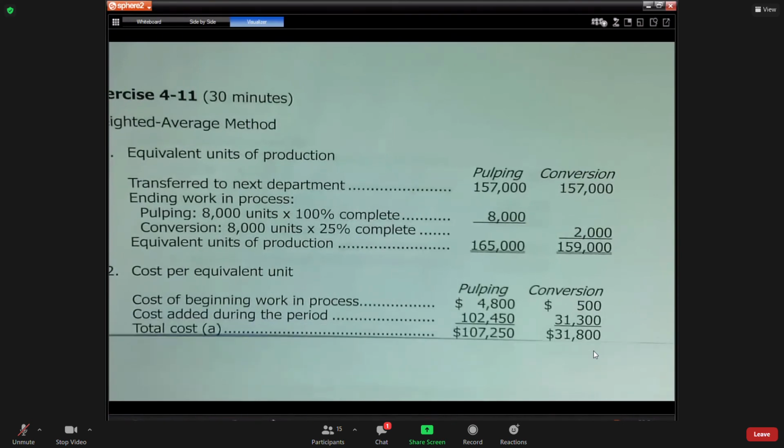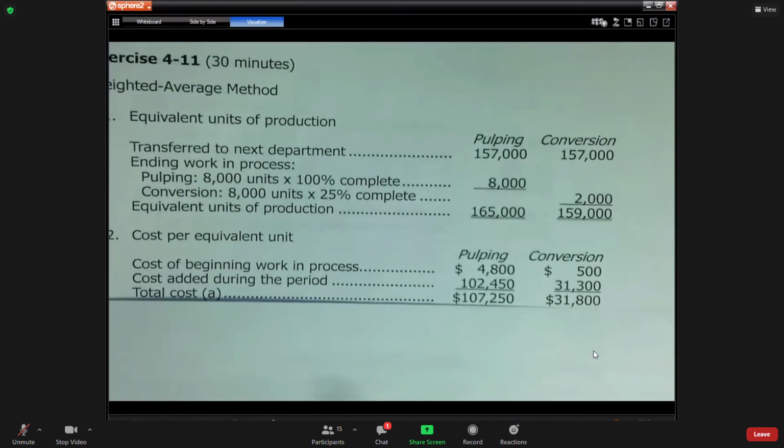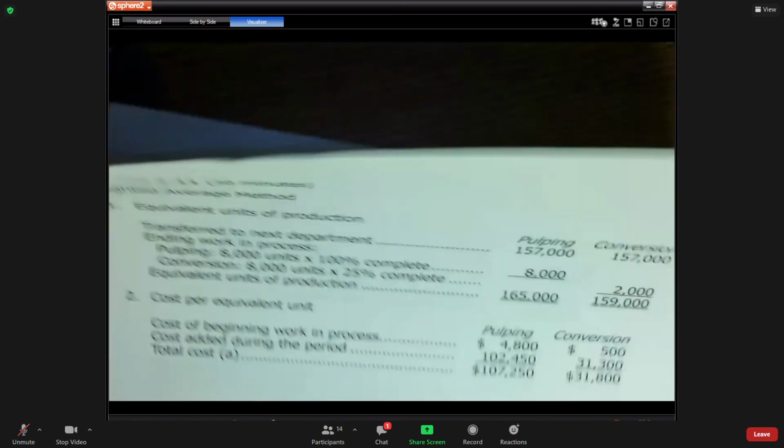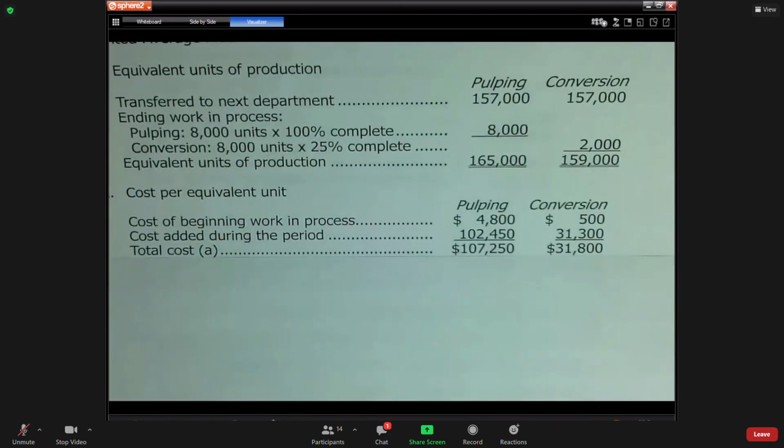You add it together. What did you have in the beginning work in process? And what was added? If we were doing FIFO, then we'd have to take percentages in the beginning. But since we're doing weighted average, the only time we do that is in the ending work in process on equivalent units. So if that's the cost, part one is right there. You just drag that down. Here's the cost for pulping or direct materials. You divide 165,000 into